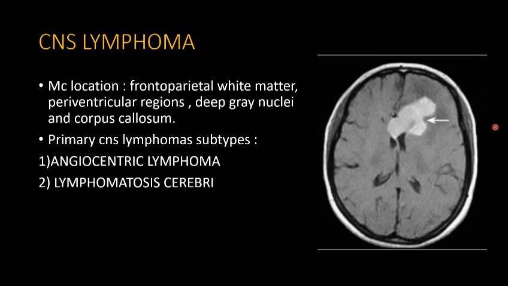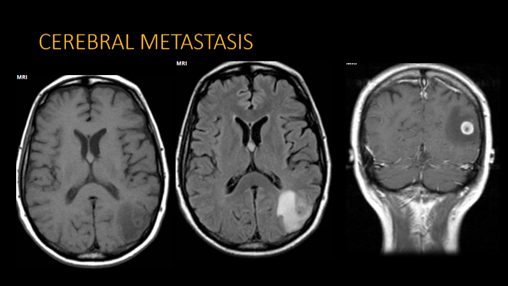Few more differentiating points include enhancement pattern, which is homogeneous in case of CNS lymphoma, and it is heterogeneous with thick peripheral ring-like enhancement and central areas of necrosis in case of glioblastomas. Relative cerebral blood volume is low in CNS lymphoma, whereas it is high in case of glioblastomas. Cerebral metastasis, one more close differential diagnosis to glioblastoma. However, the location is usually at the grey-white matter junction and tends to be multifocal. One more differentiating point is relative cerebral blood volume in the adjacent edema, which is high in case of glioblastomas and low in case of cerebral metastasis.